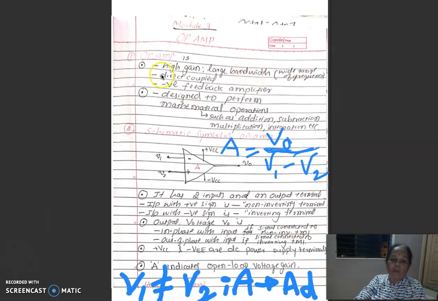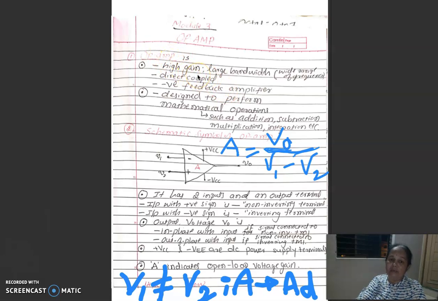And the op-amp consists of so many amplifier stages coupled to each other. While coupling, usually we are going to couple using capacitors or any electrical elements. Via that coupling is going to happen. But in case of op-amp, the various multi-stage amplifiers are being directly coupled. And to have a better amplification, we are going to have the negative feedback concept introduced in the op-amp.